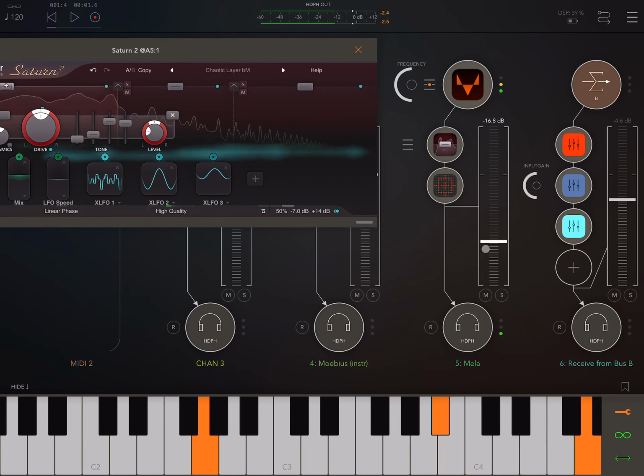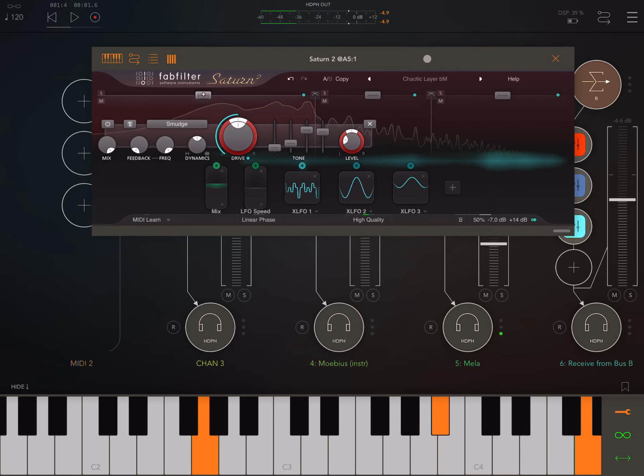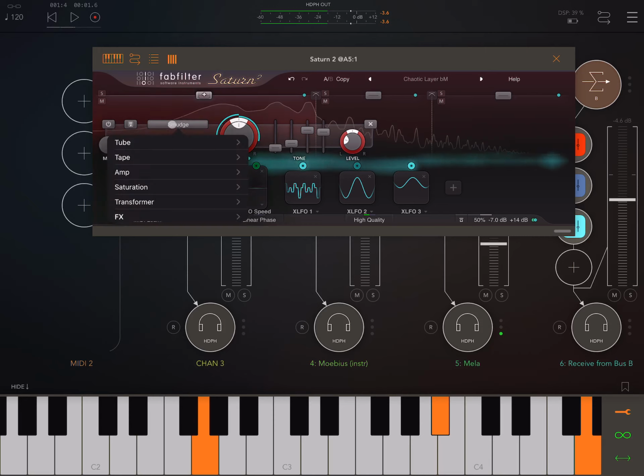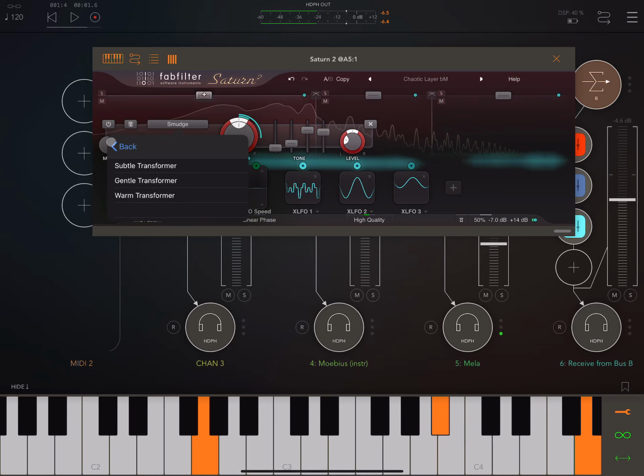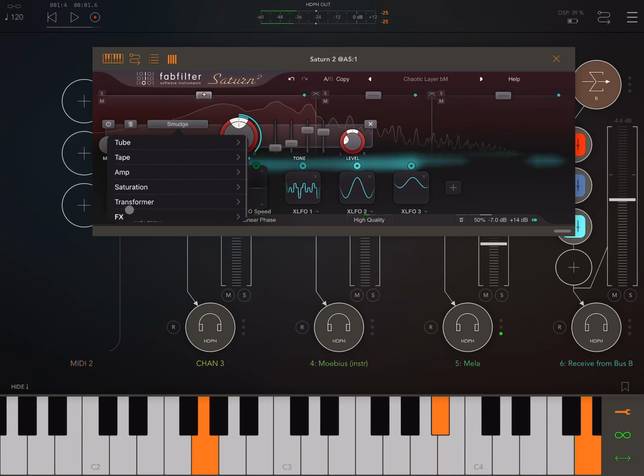So I think it's fairly clear already that this is not your average distortion or saturation plugin, right? If you're looking at the algorithms that this thing does: tube, tape, amp, saturation, transformer, and it has a lot of each one. And the FX,